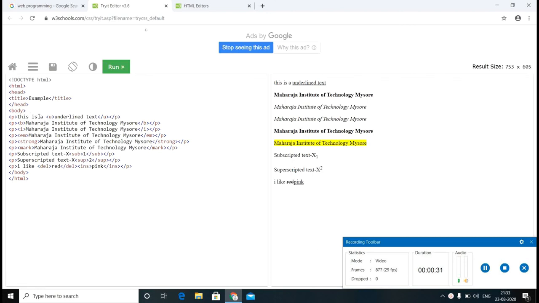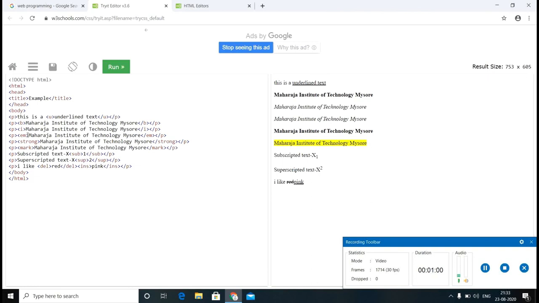Here I am going to print: this is an underlined text. I am making use of a tag called U, which is used for underlining the text. Okay, next B stands for bold the text. I is to represent the text in italic form.